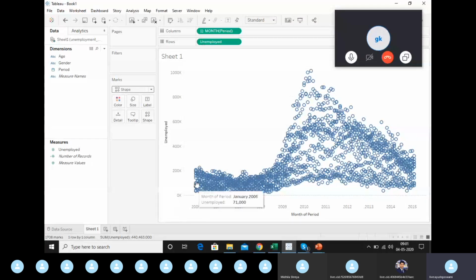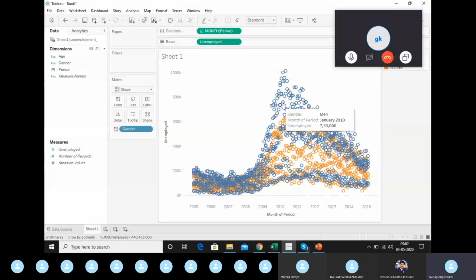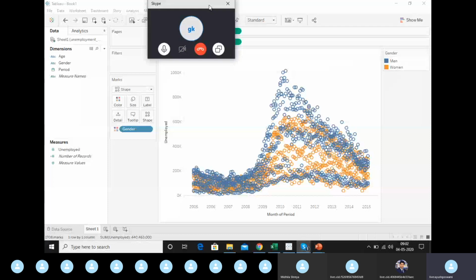So on top of it, you can drag gender into color, and you will see that now it has plotted, I mean, earlier also gender was there, but you can see the difference of two colors here for both the genders, right? So here the men would be blue and women would be orange, and it has plotted the values individually for all the men in every month, in every year individually. It's not aggregating it now, and you can click on each individual circle to know the information revealed through tooltip, right?